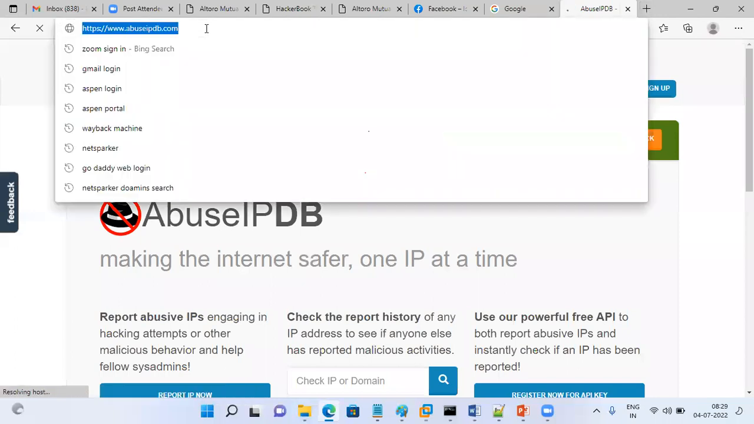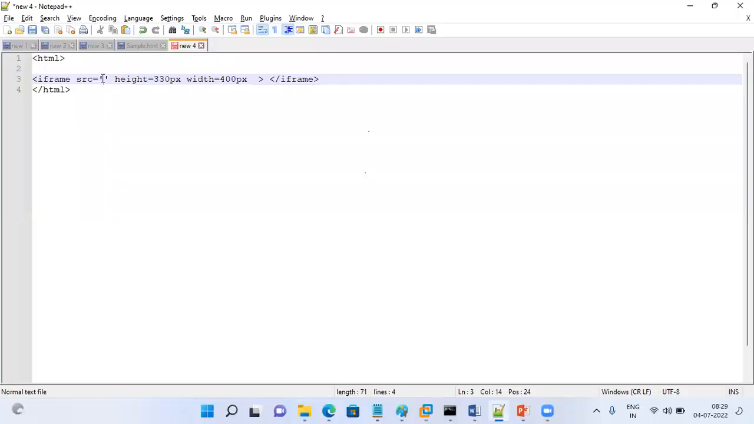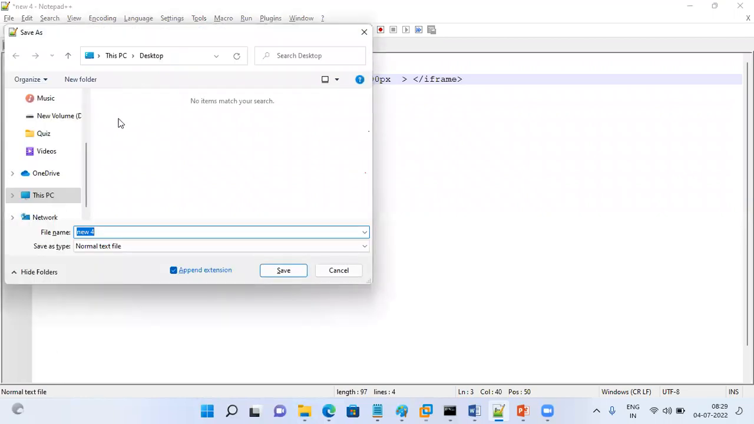Okay, copy that and paste it in a custom web page. I want to check whether this website is vulnerable for clickjacking. That's it. Only thing is try to create like